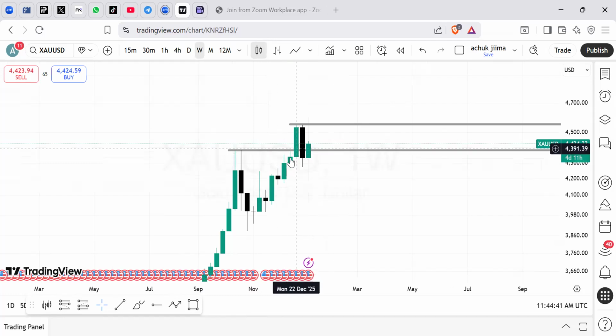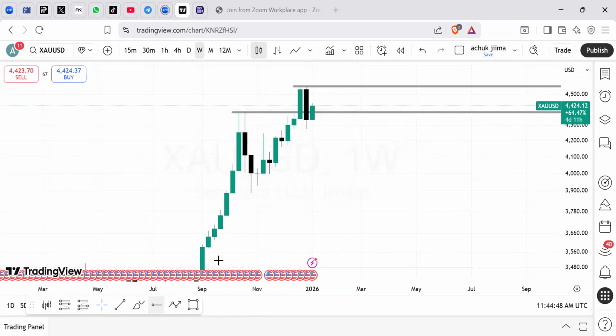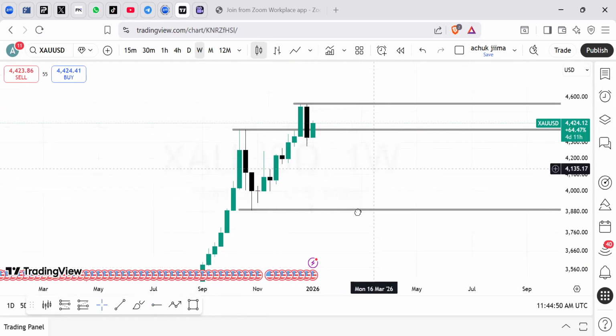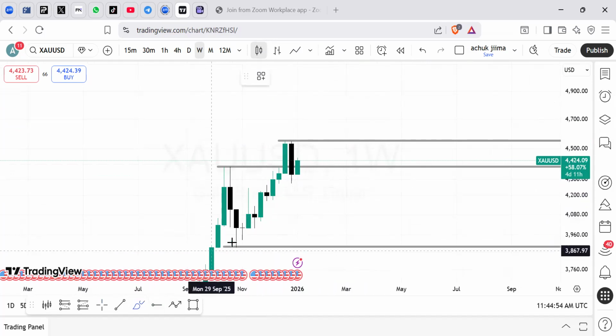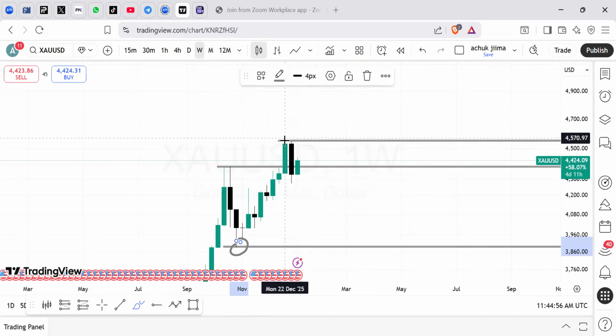Now, the reason I'm interested in buys in this gold trade is because it has broken above this. And of course, this is a low that the market has not yet reached. If you notice, the difference between this low and this new high that has been formed was actually here, and this is why we are trading. So anything above this area is a buying opportunity, of course, with further confirmations.